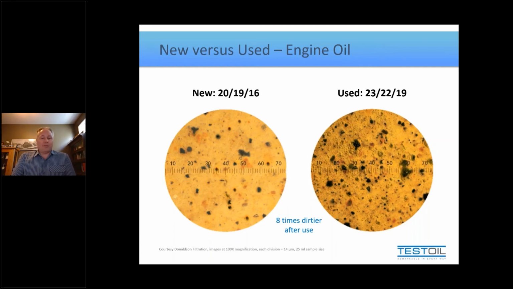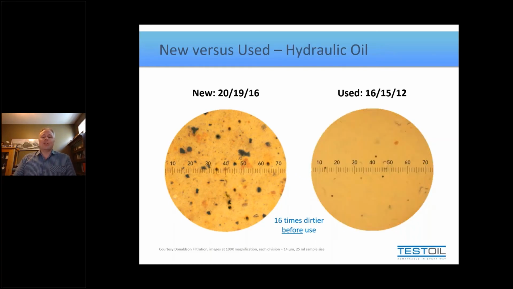If you take that drum of very, very fresh oil, essentially bottled at the factory hours ago, and bring it into a controlled environment, say a room within the office space of your facility where it's under a filtered HVAC system, and the room seems relatively clean, if you open that drum, you're still going to get 20/19/16, is all I'm saying. But you want to put that oil into your hydraulic system. Well, under normal operating conditions, your hydraulic system is going to look a bit more like this. At the upper range, at its dirtiest, your hydraulic system is probably like the right-hand picture. Your new oil, on the other hand, is the left-hand picture.